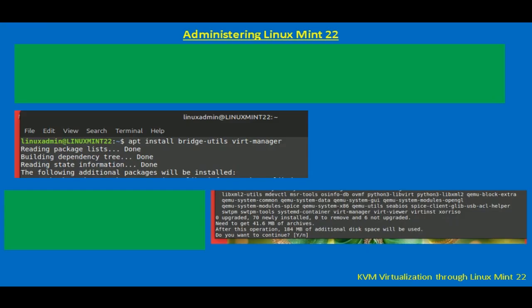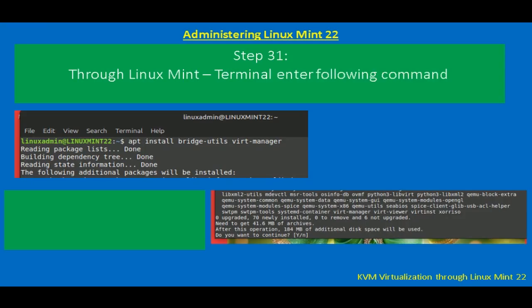Now next step is through the Linux Mint terminal, enter the following command. Which command do we need to enter? So apt install bridge-utils virt-manager. Virt-manager is like a virtual manager for the KVM installation. Okay, so